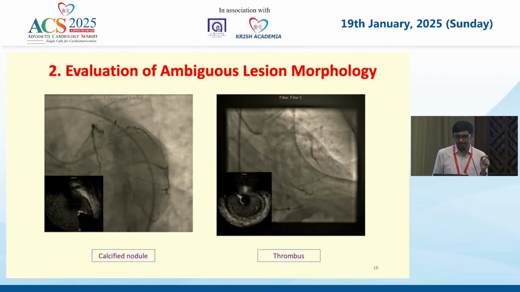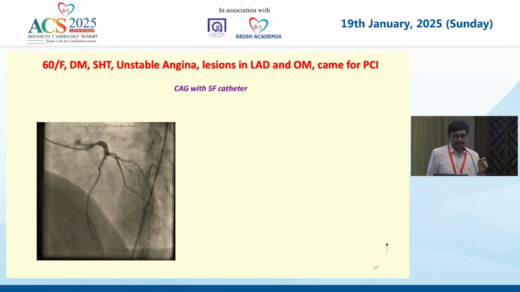Both appear similarly. Suppose this patient presents in an ACS but non-STEMI scenario, and IVUS helps in differentiating between these two lesions. And this is another patient, 60-year-old female, diabetes, hypertensive, unstable angina, lesions in LAD and OM, come for PCI. This angiogram was done using a 5 French diagnostic catheter outside, but when we use a 6 French catheter,